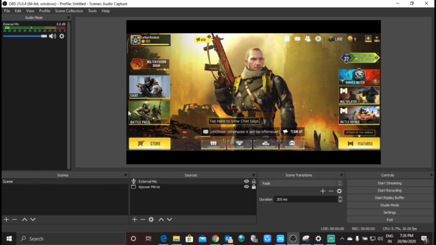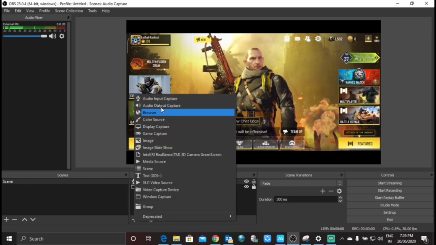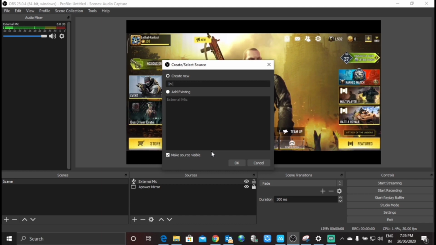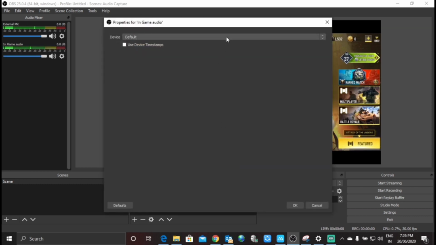So the next step is to add another audio input for your in-game audio. I'm going to rename it as in-game audio and click OK. As you remember, all the in-game audio was coming through my USB sound card, right?